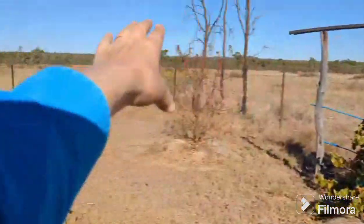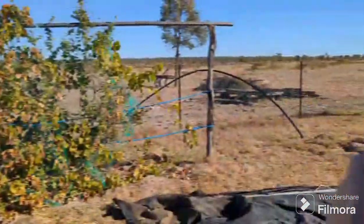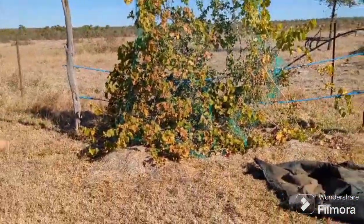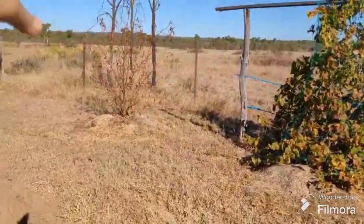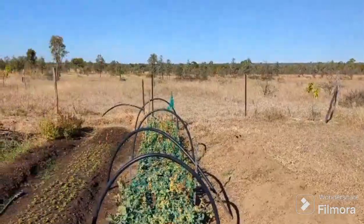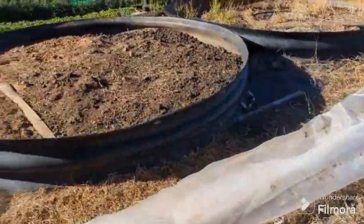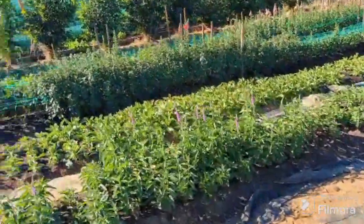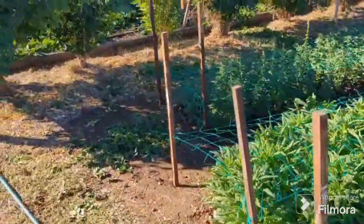So I've got another section, another lot of space right around like here, because that's another good section of dirt out there. So we've got the hard ridge here, then there's another good section like out there, and then also be the same down here. It'd be nice, or like down here. So that'll give me more space for perennial bushes like the proteas and roses and stuff. Plus I'll be making more beds, because to keep up with what